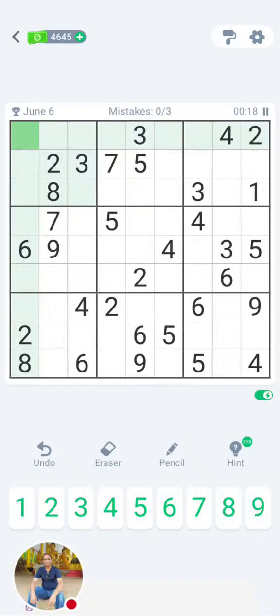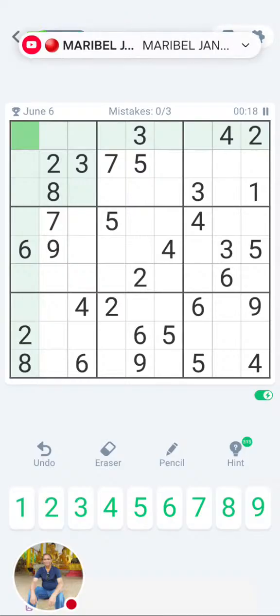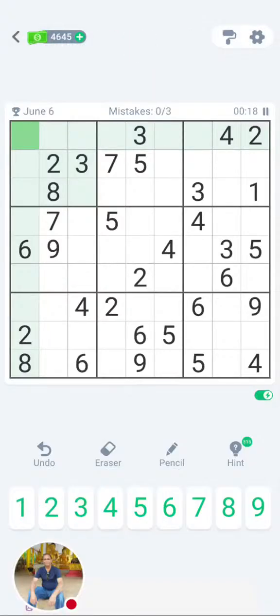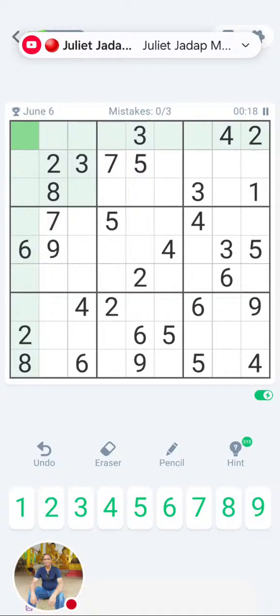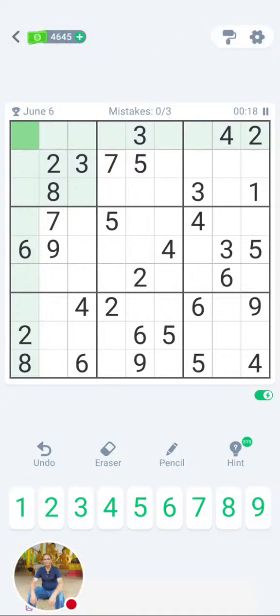Now, many people use different ways of doing it, but in my experience, from the time I've been trying, I try to develop my own system, my own way, the best way I can do it. So let us see. The first thing I look for is to minimize the blanks in each square. So I look in each of the 9 main squares on the grid to see the one that has the maximum numbers already. If you look at the first one where the green cursor is, it has only 3 numbers, so I have 6 numbers to fill in.